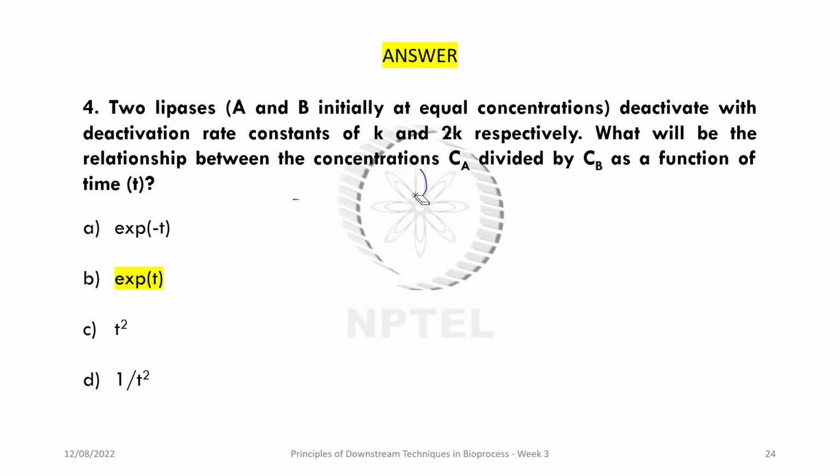Rather, I should use the relation C is equal to C naught e power minus KDT, where KD is equal to A e power minus ED by RT, where D is for deactivation, correct? And again for CA, it will be CA naught e power minus KDT, and CB it's going to be CB naught into e power